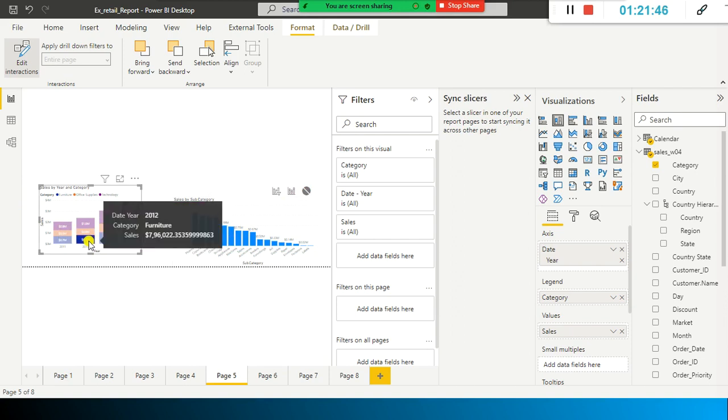If I select something else, it is not doing anything here. Don't interact with this visual. For that purpose, this icon is used. By selecting it, you can enable it, and you can toggle it one more time.